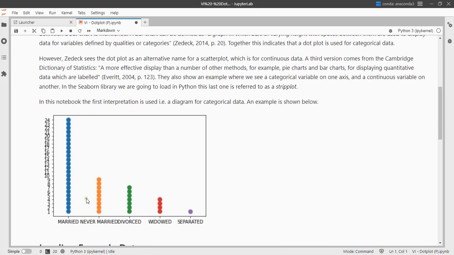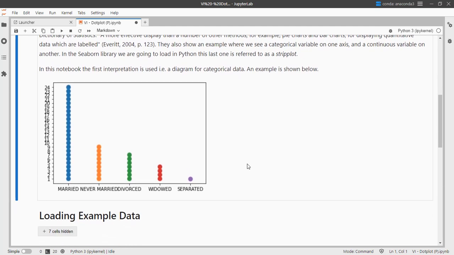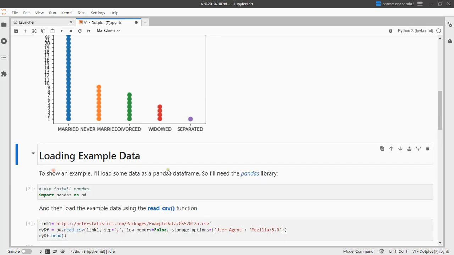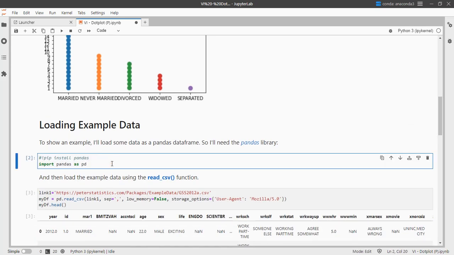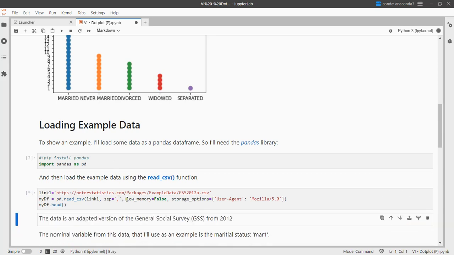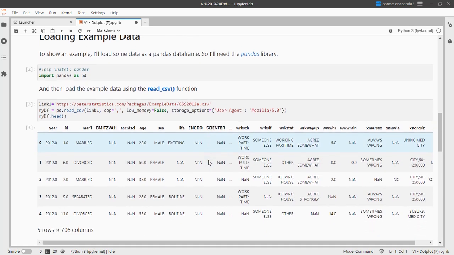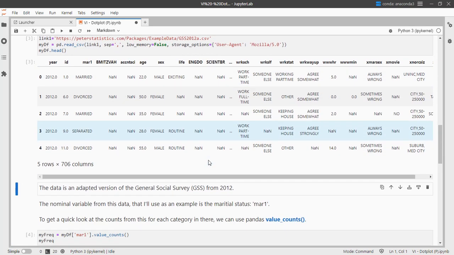The type of dot plot that I'm referring to is something like this. So for categorical data, sometimes people want to use this only for numerical data, but it depends on whose definition you're actually using. To show you how it works, I need some example data, so I'm going to be using pandas to load in the data, so I can use the read CSV file function,